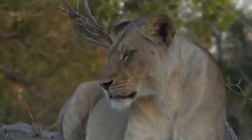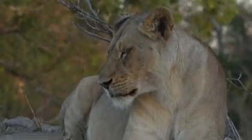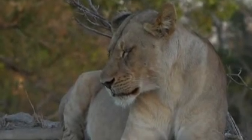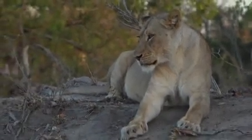Right now, they've got a belly full of something. I presume that they've been visiting that buffalo carcass. I presume that they've come for a drink. However, they're just lying here looking at nothing at the moment. And I presume they're going to make their way back to the carcass. But